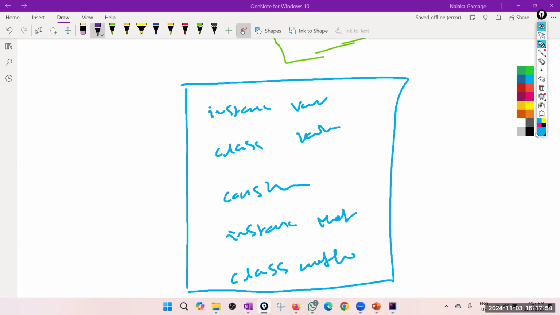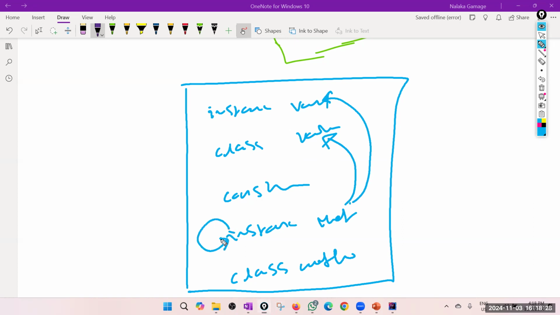These are the things you can do. Okay? Can do means it may not be the best practice. But if you can, theoretically, I will say can. Okay? So one thing is your instance methods have access to the instance variables. And instance methods have access to the class variables. Okay? And your instance method can call other instance methods. Okay?